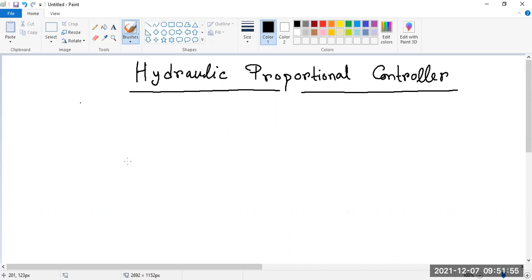Good morning, guys. Today our topic is hydraulic proportional control. Okay, controllers and control action also. So we have to know what is the action of the proportional, integral, and derivative action. So first of all, we can understand through the